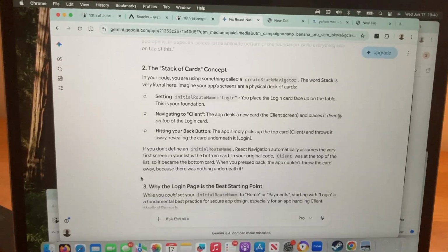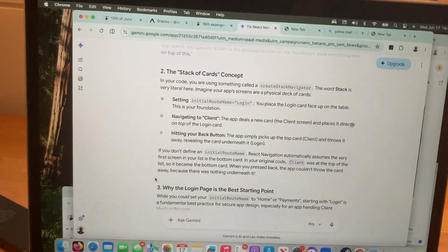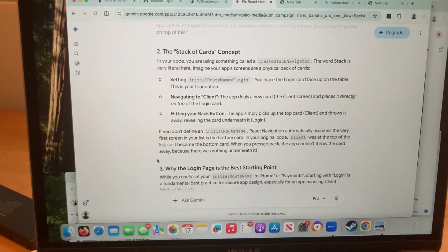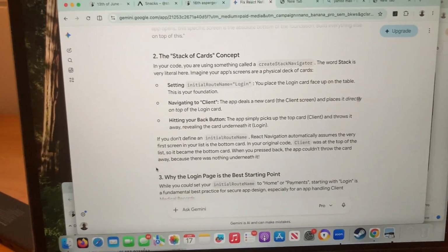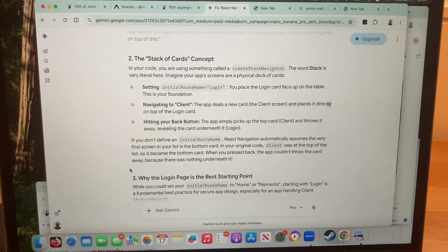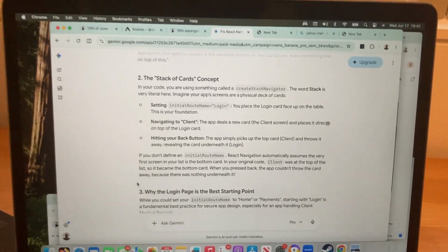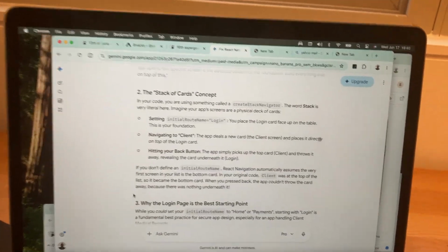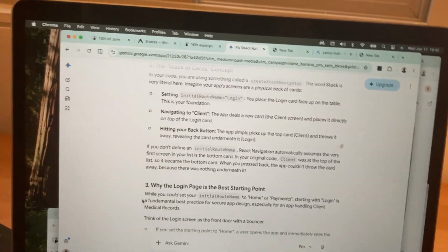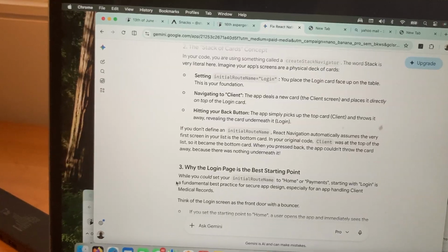The stack of cards concept. In your code, you are using something called createStackNavigator. The word stack is very literal here. Imagine your app screens are a physical deck of cards. Setting initialRouteName equals login,